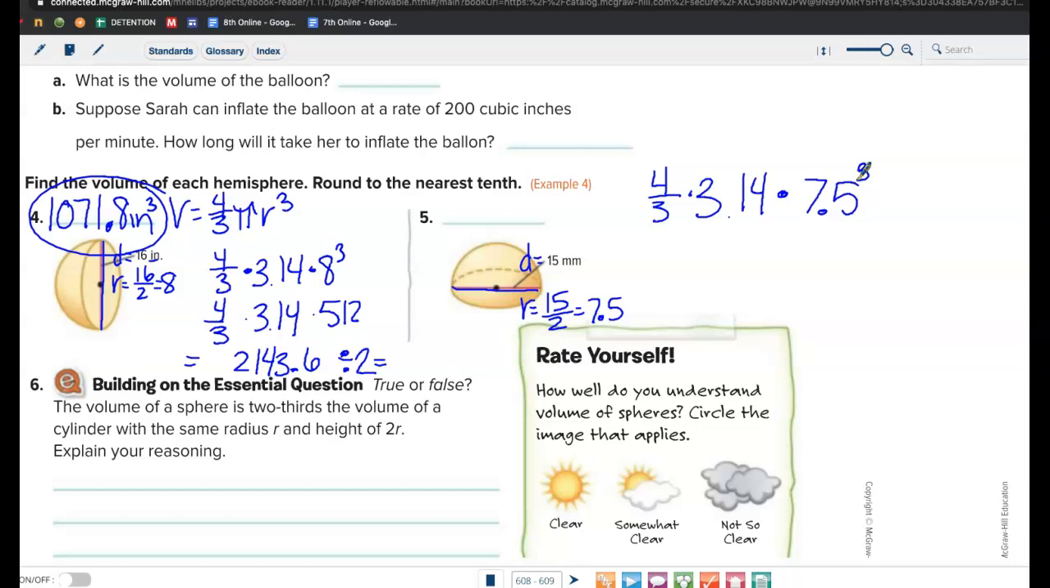I do order of operations. I do 7 5/10 cubed first. And I get 421 875 thousandths. So I'm going to write it the way that I've been typing it in my calculator. This means the same thing as what you have above, but this is how I'm typing it in my calculator. I'm taking 4 times 3.14 times 421 875 thousandths, and then I'm dividing it by 3, and I get